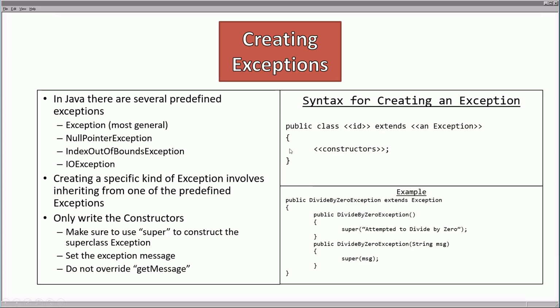As you can see in the syntax over here, we have public class. Because remember, exceptions are considered objects. So public class, the identifier, then followed by the reserved word extends, and then an exception. Now when we write our own exceptions, we only write the constructors. As you can see right here, after we have extended a predefined exception, we only write the constructors inside the